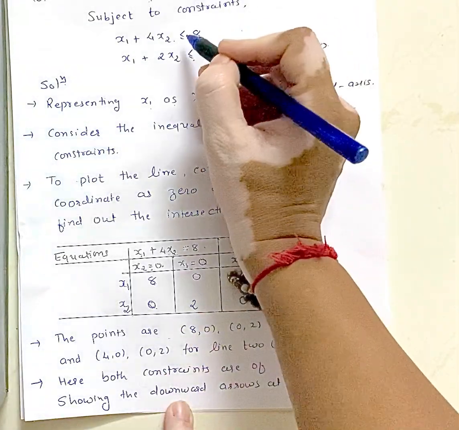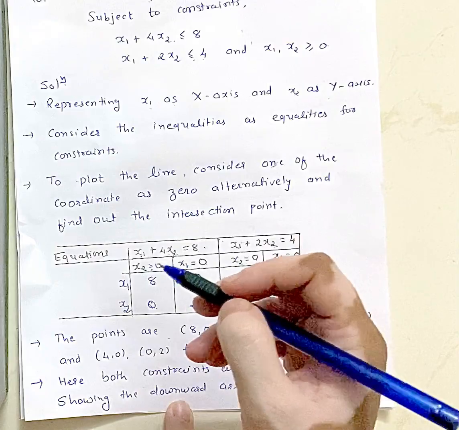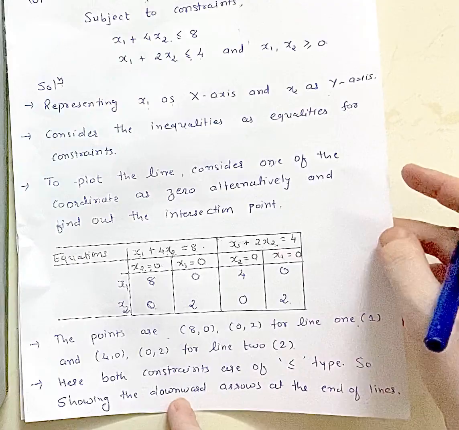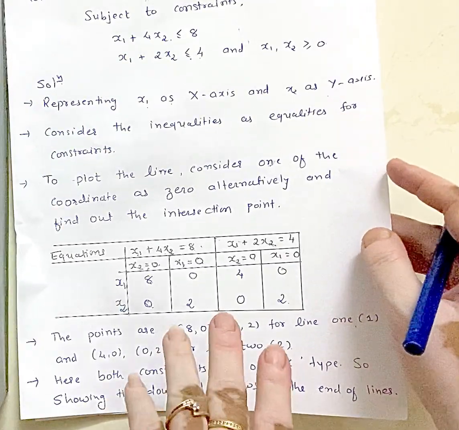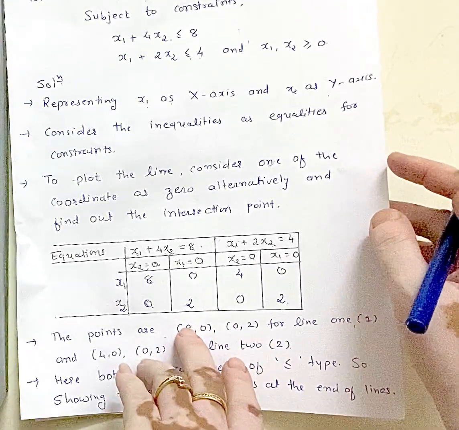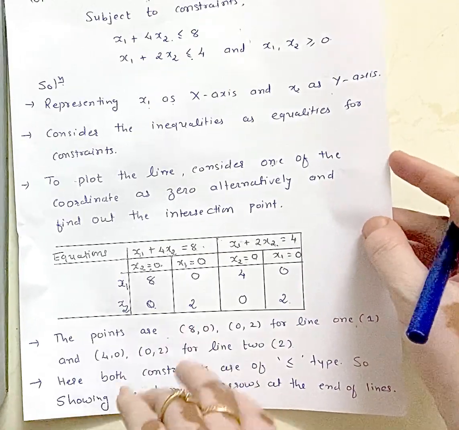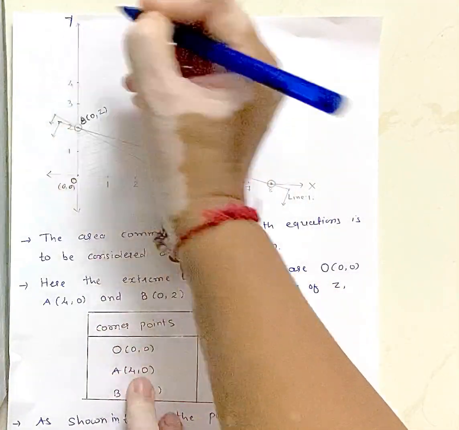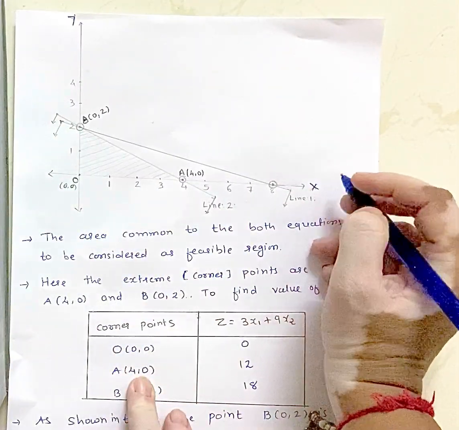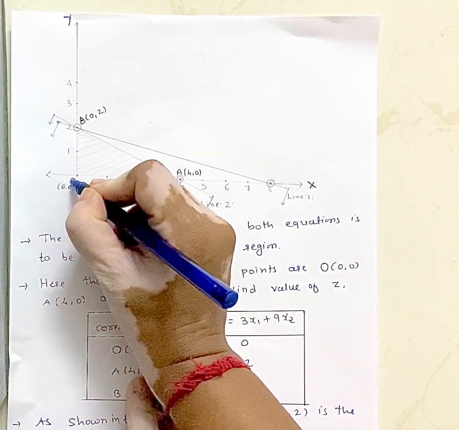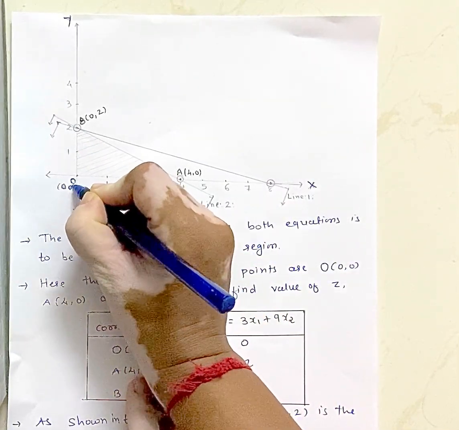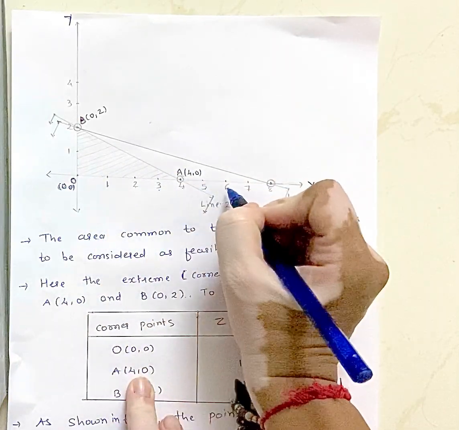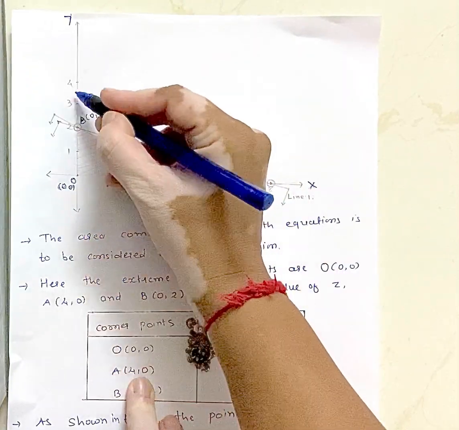Okay, when the constraints are greater than or equal to type, we have to draw an up arrow. Okay, means opposite of the origin. Okay, now we plot a point and then draw a graph. Okay, this is our y axis, this is our x axis. Okay, this is my graph. Here the point 0 0 0, the origin, 1 2 3 4 5 6 7 8, 1 2 3 4.